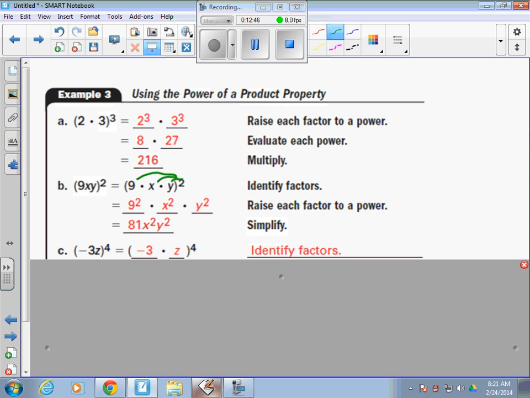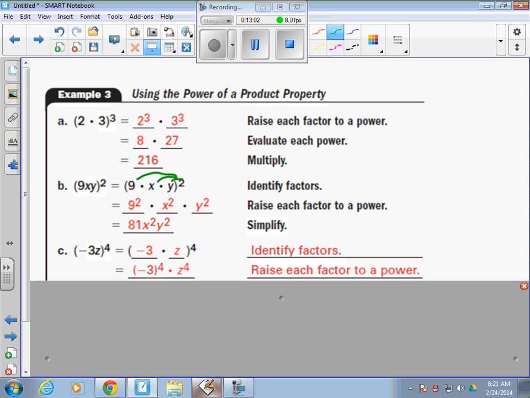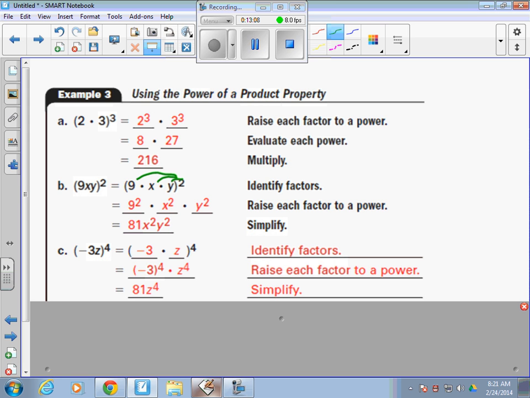And then C says negative 3z to the fourth, is just identifying the factors of it. If you didn't have that written in there, go ahead and write that in there. That's just negative 3 times z. That's just expanding it out. And then you do negative 3 to the fourth power times z to the fourth power, raising each factor to a power, which negative 3 to the fourth power means negative 3 times itself 4 times, which is 81,